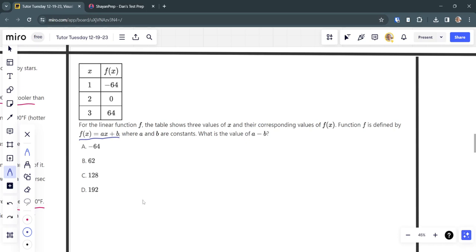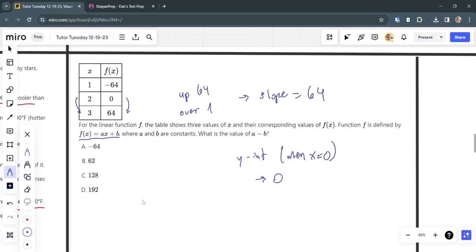Because if you look at the table here, we go up 64 every time we go over 1 unit in the x. So the slope is 64. And the y-intercept is when x is equal to 0. That's equal to 0 as well. So really the function is defined by f of x equals 64x plus 0. So there you have your a value, and there you have your b value. So if we want to find a